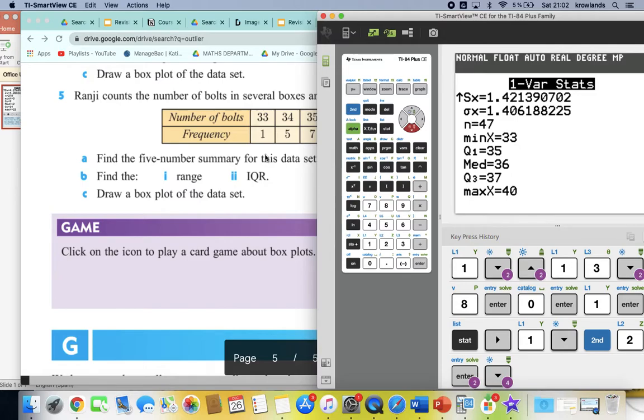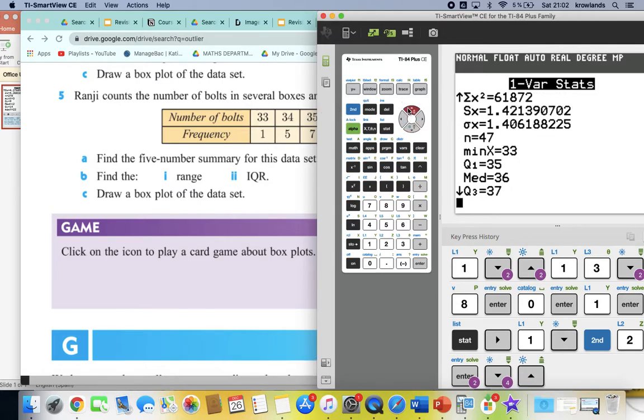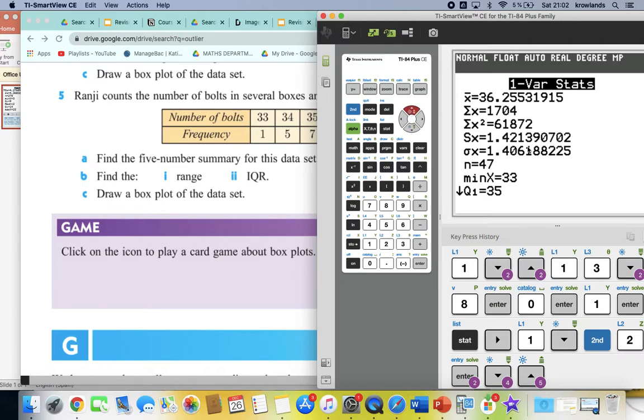Now, last but not least, we are going to discuss the standard deviation, because a question in the exam might ask you to find the standard deviation. The standard deviation for this question is going to be this one here, which is 1.406188225. So just remember, it is the fifth one down. And the standard deviation basically says how much does each of the data vary from the mean. So we're going to say our mean is